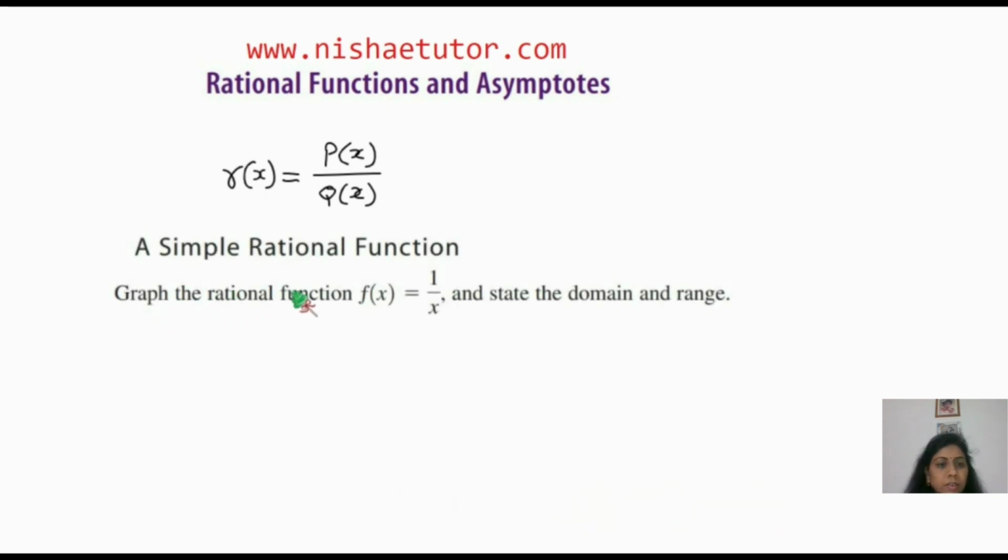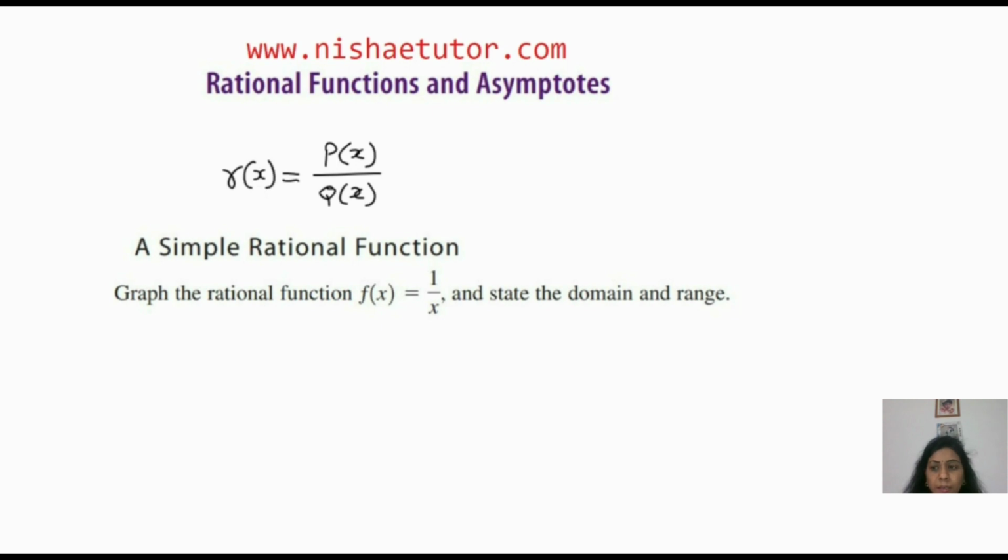Here is today's question. Graph the rational function f(x) equals 1 upon x and state the domain and range. Do you know the domain of a rational function consists of all real numbers x except those for which the denominator is 0? When graphing a rational function, we must pay special attention to the behavior of the graph near those x values. We begin by graphing a very simple rational function, given f(x) is equal to